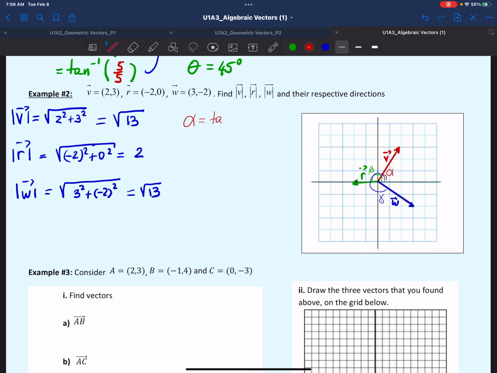So that would be inverse tan of y over x, which is 3 over 2, so x and y here. 3 over 2, so just use a calculator for it. And then we'll get, give me a second. So make sure your calculator is set to degrees. Most of the time we use degrees, so inverse tan. We said 3 divided by 2, which gives the angle